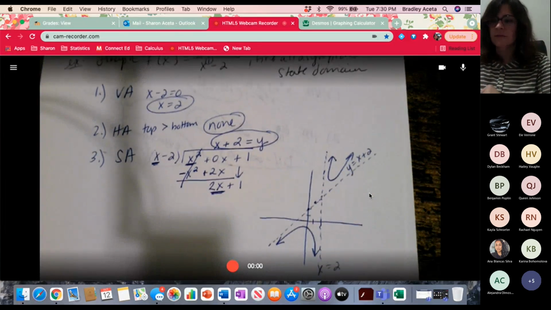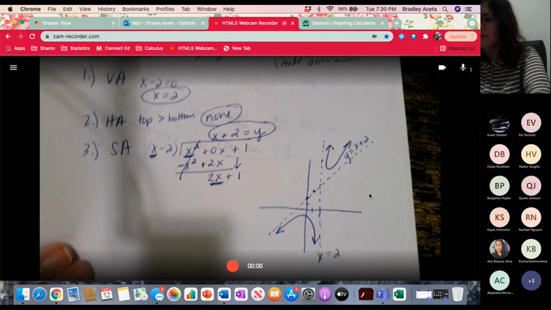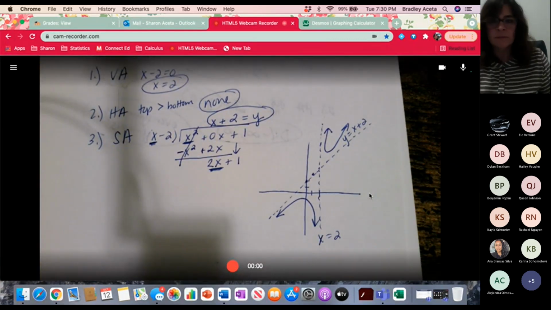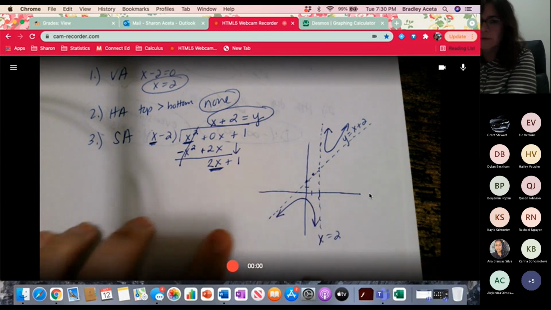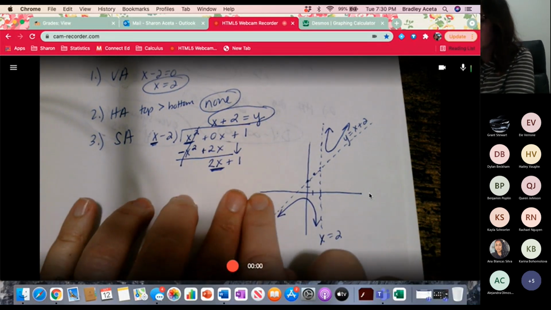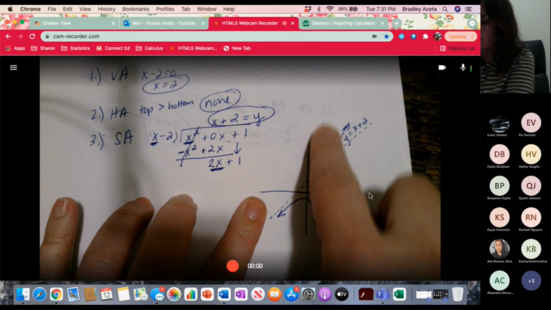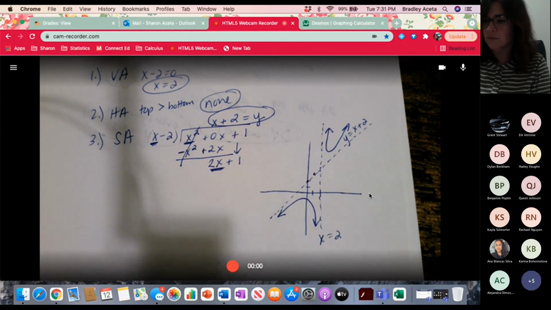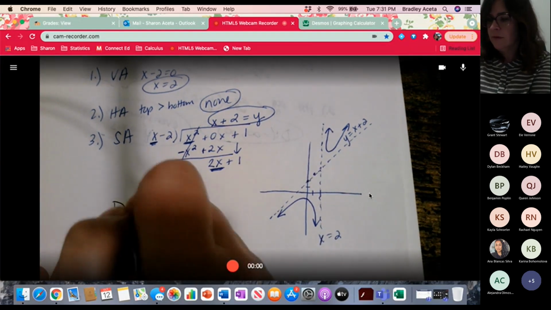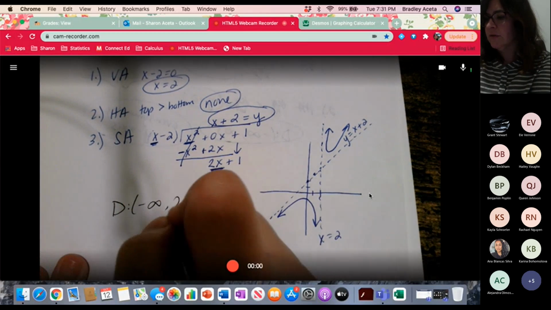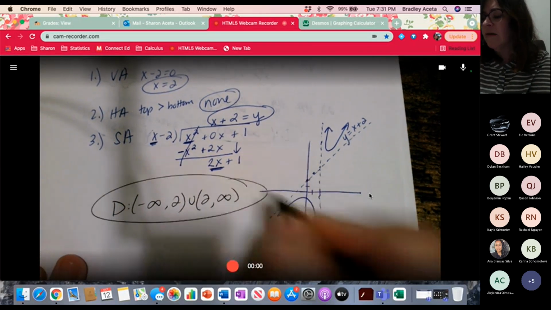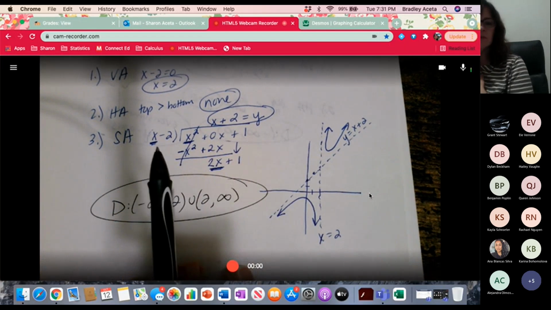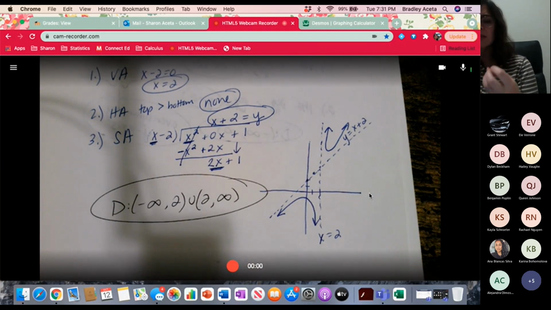Now, how do I do the domain? Well, your domain, remember, these still are going out. The hooks are going. So you're good from negative infinity up till that vertical asymptote. Negative infinity up until 2, united with 2 to infinity. The hardest part is going to be this slant asymptote, but it's not that hard. You can stop the equation